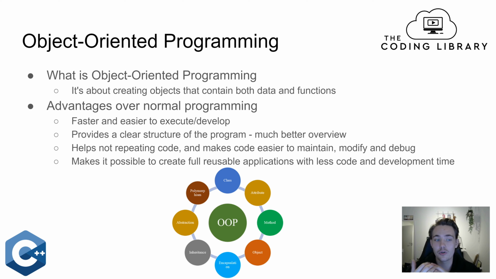Object-oriented programming is about creating objects that can contain both data and functions. When we're operating with data and functions inside of classes, we call them attributes and methods, which are the member data and member functions of that class. There are some advantages over normal programming when using object-oriented programming in modern programming. It's both faster and easier to execute and develop, and it provides a clear structure of the